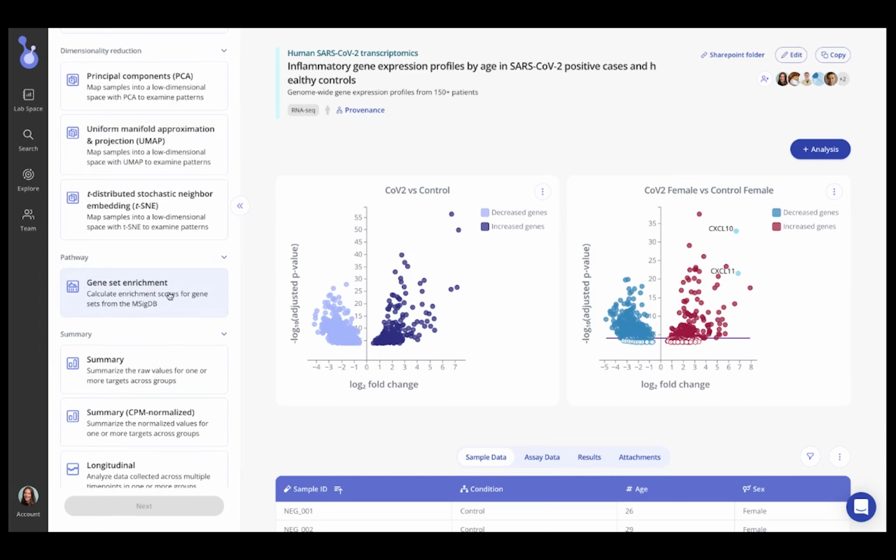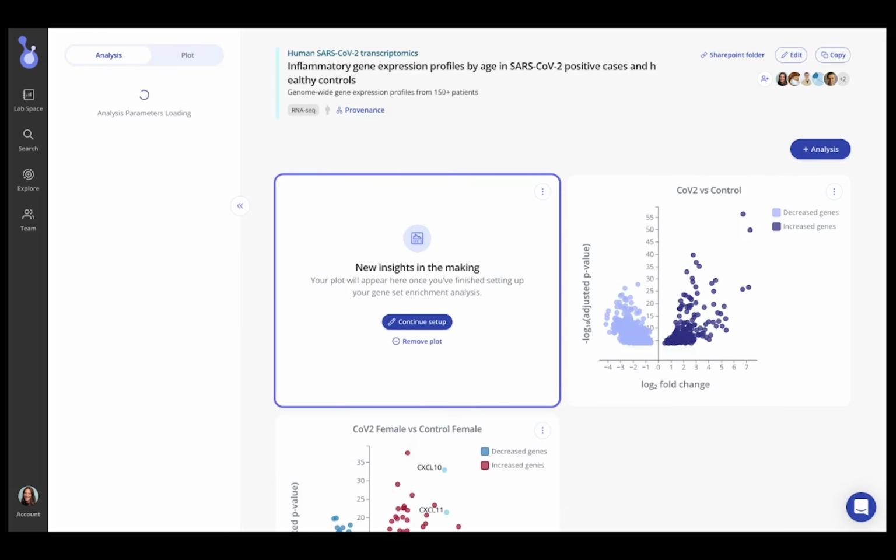In order to perform gene set enrichment analysis, you need to have already performed a differential expression analysis. You'll notice that if you haven't yet performed differential expression analysis, this gene set enrichment button will be disabled. To perform gene set enrichment analysis, I'll select this button and click Next, and we'll set some parameters for our